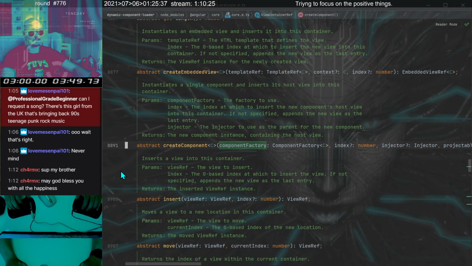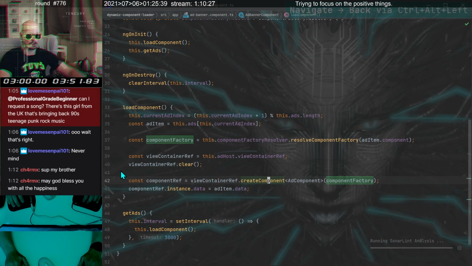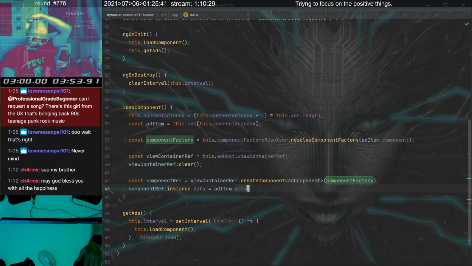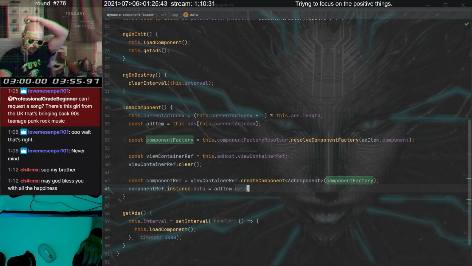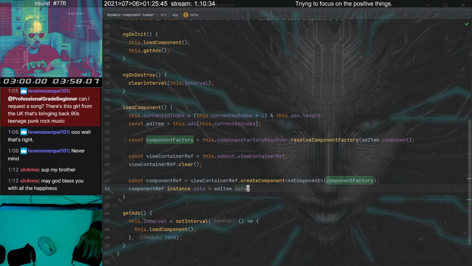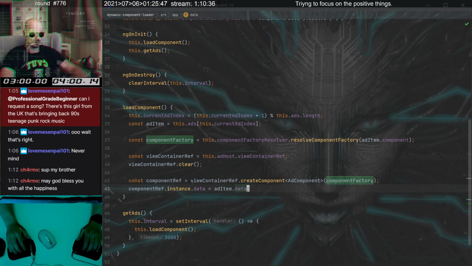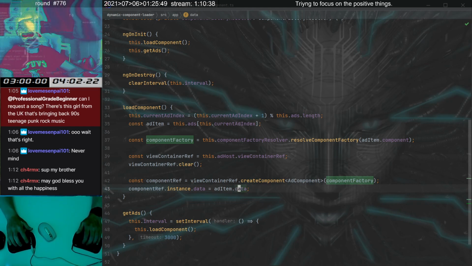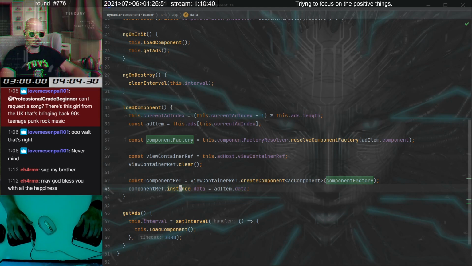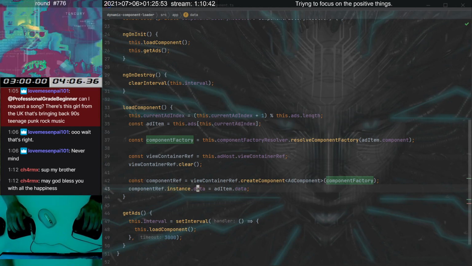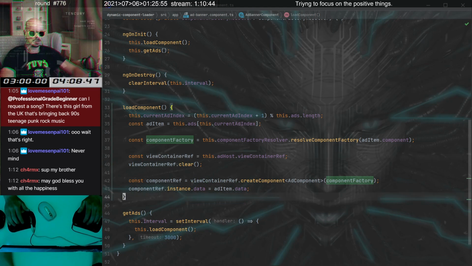Okay. Then we have component reference, instance data. Okay, and we bind the data in it. The instance data. Okay, so that will be, what was the